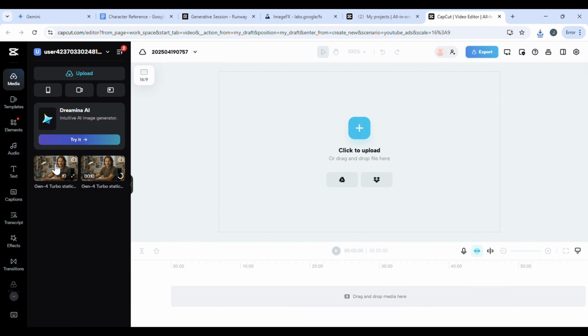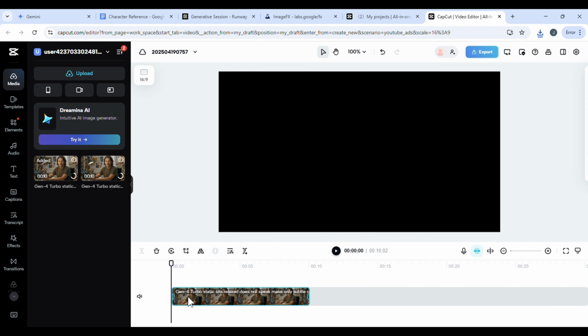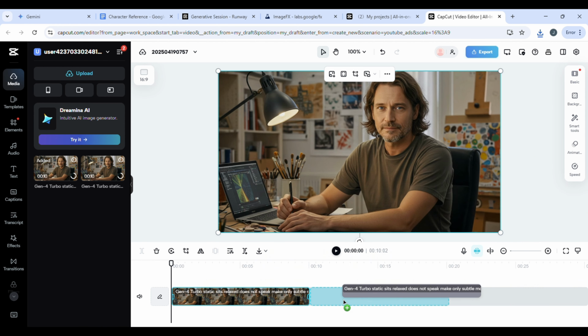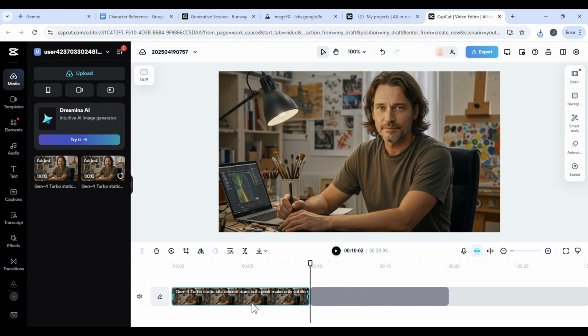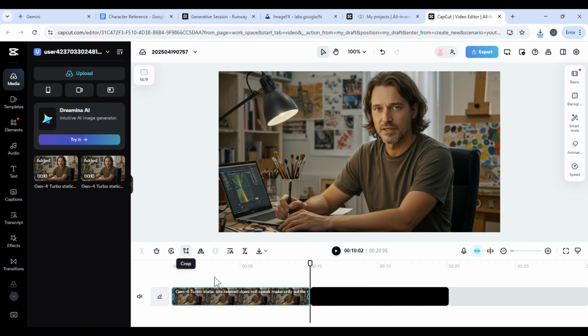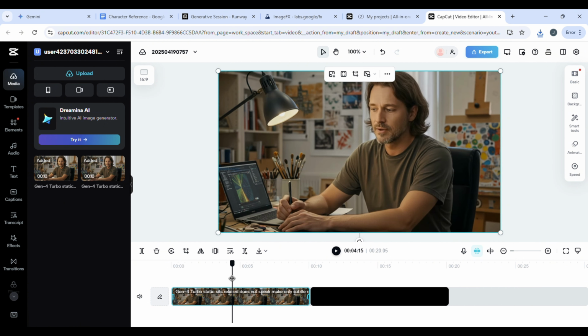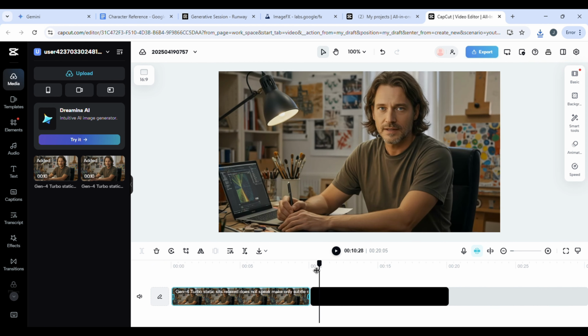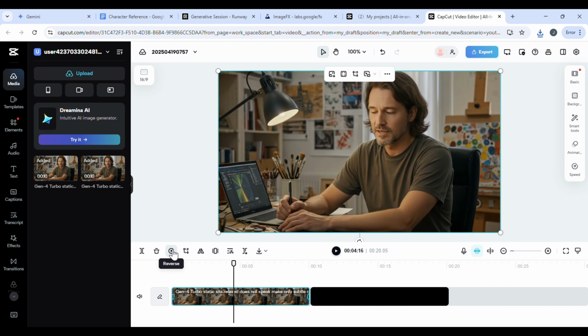So I'm going to move those into CapCut, drag them onto the timeline, back to back against each other. Okay, so now we've got a 20-second video, and that's okay. But what we notice is that at that middle point, we're going to have a change in the generation so that it kind of looks like it glitches from one to the other. So a quick way to deal with that is to take the first half